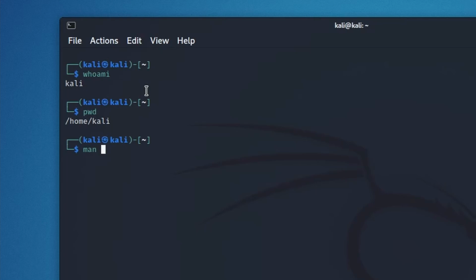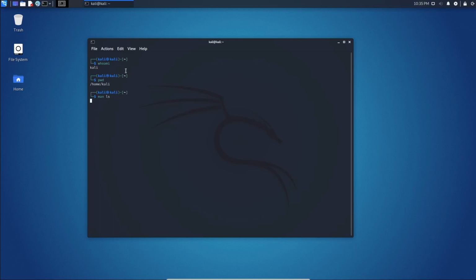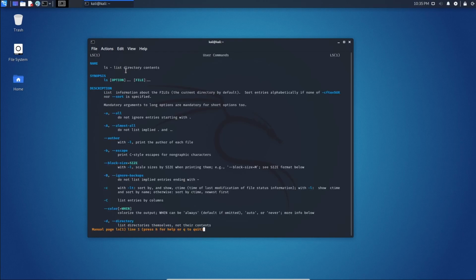Most commands will have additional switches and parameters that you can provide that alter or modify the functionality of the command. Let's say, for example, I wanted to learn more about the command ls, which I'll demonstrate next, which stands for list subdirectory. So I can type man ls,